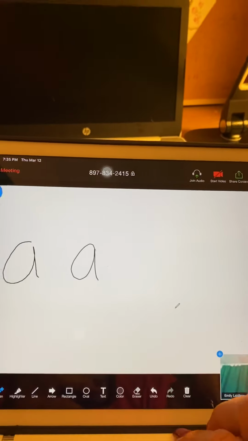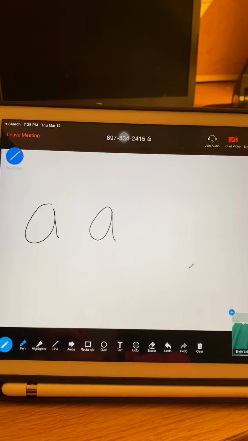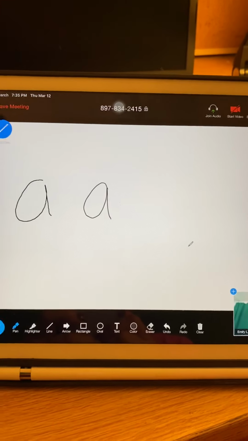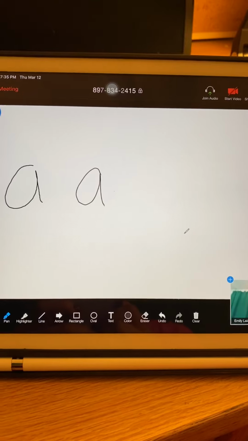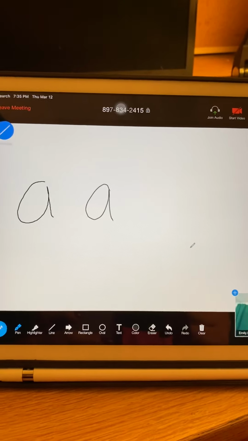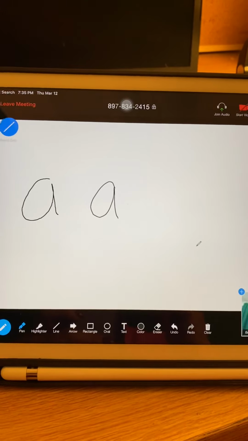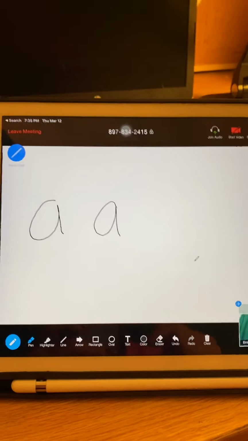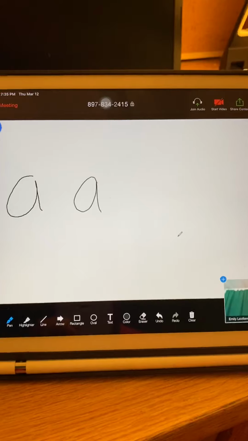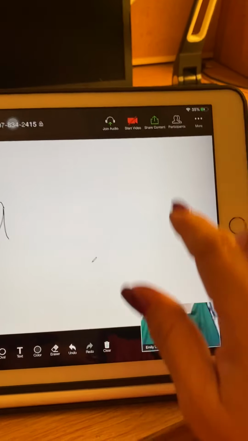And I'm encouraging my students to also have something where they can write if they've got an iPad. And also Kindle Fires and phones will do it, although the screen's really little on a phone. But a Kindle Fire will also have the Zoom app, and they can connect on a Kindle Fire and use a touch screen. The other thing that's nice about connecting with the iPad is I'm going to go to my iPad and hit share